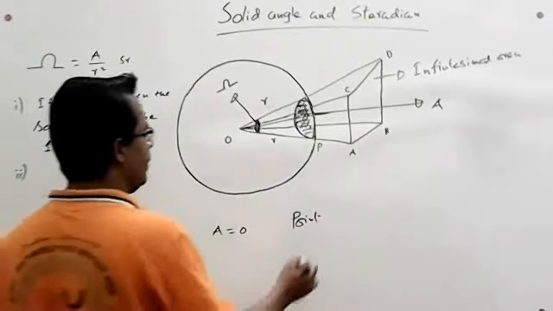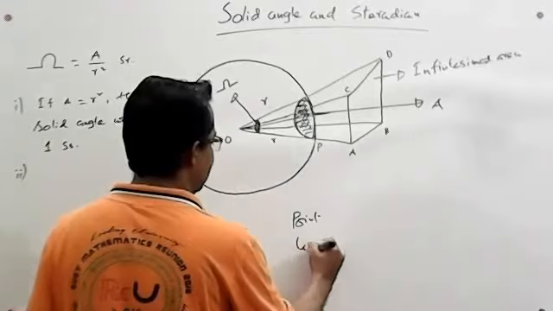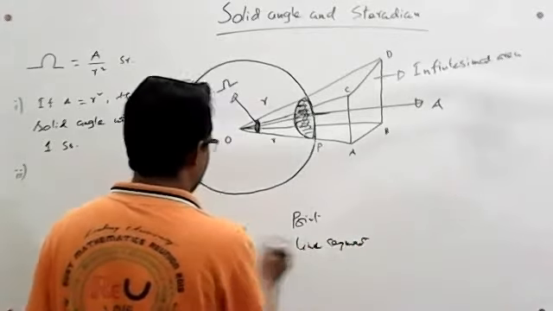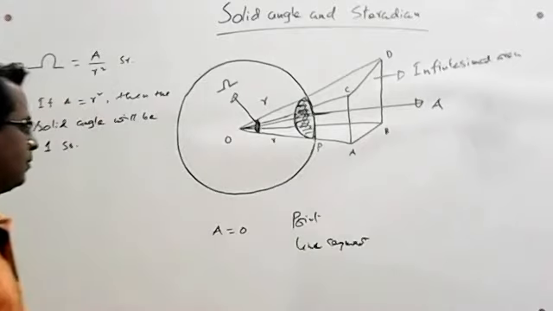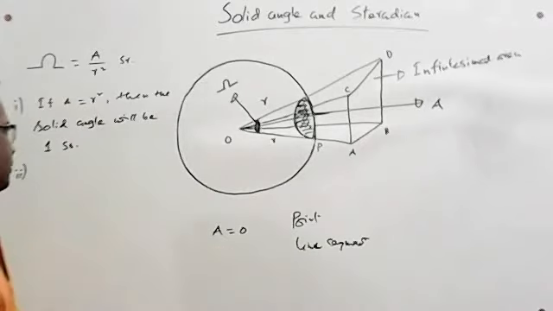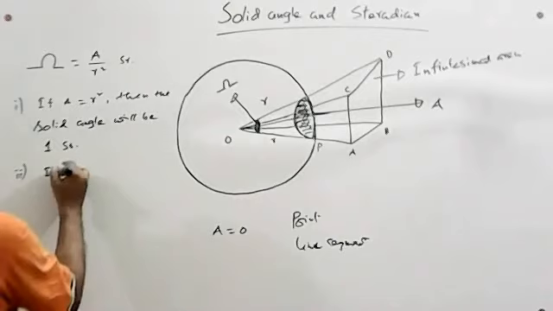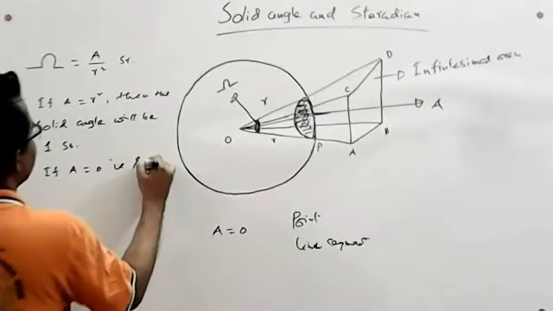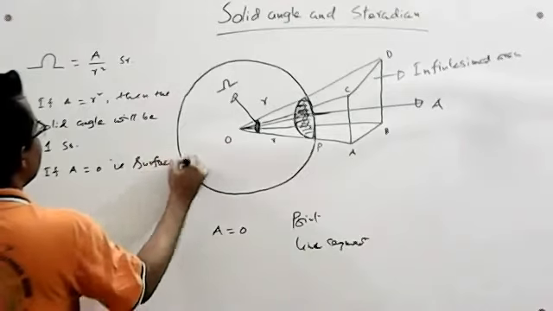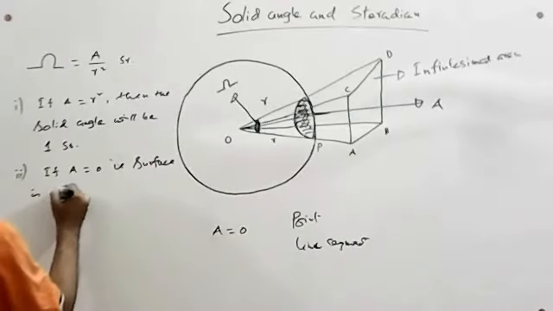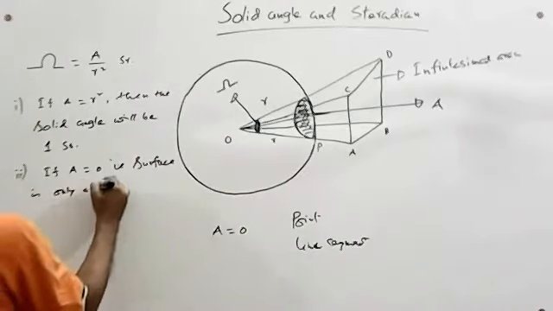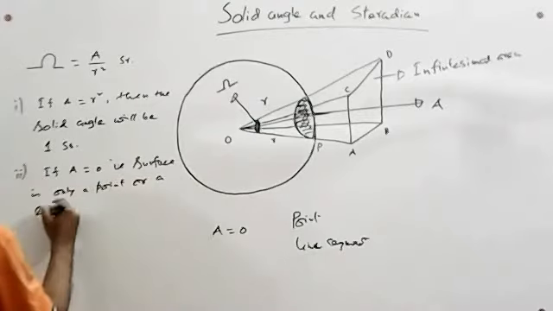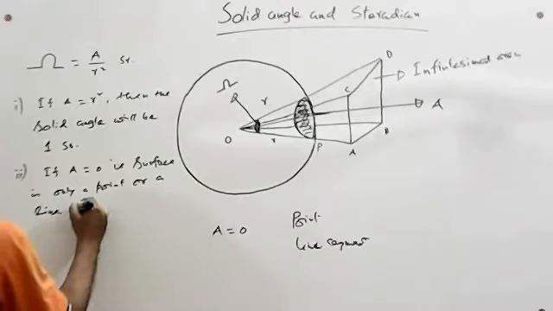And also, if it is a line segment, then the surface will also be 0. So if A equals 0, that is, the surface is only a point or a line segment,